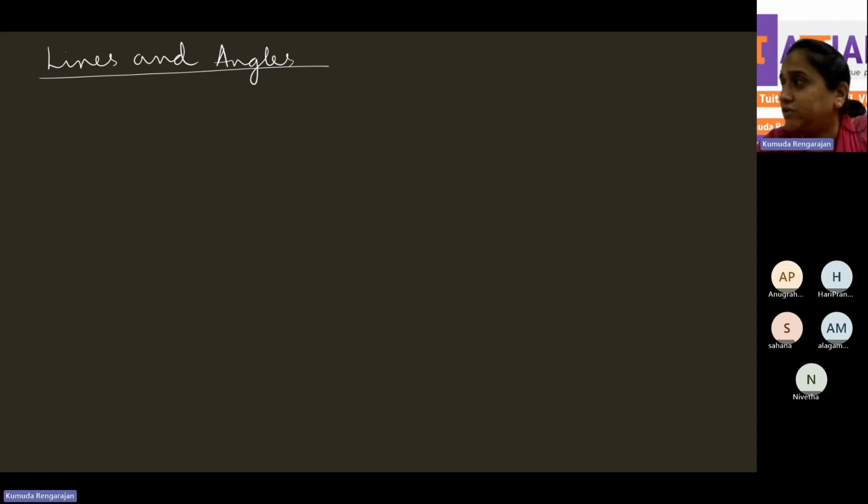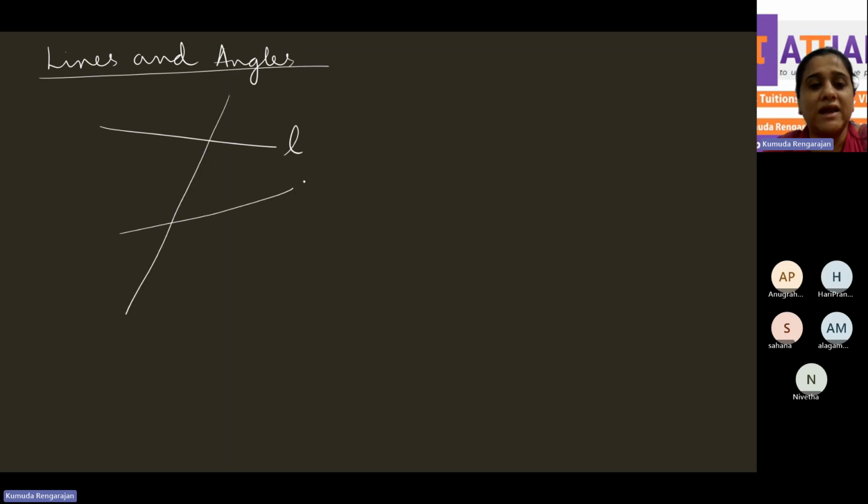What is the difference in the situations when two lines are intersected by a transversal and when two parallel lines are intersected by a transversal? The angles formed in both the cases will be the same, but what is the difference in the relationship between the angles formed? All right, that's what we want to see now. So the first one is when two lines, simply two lines, are intersected by a transversal. We'll call the lines L and M. When two lines L and M are intersected by a transversal T,